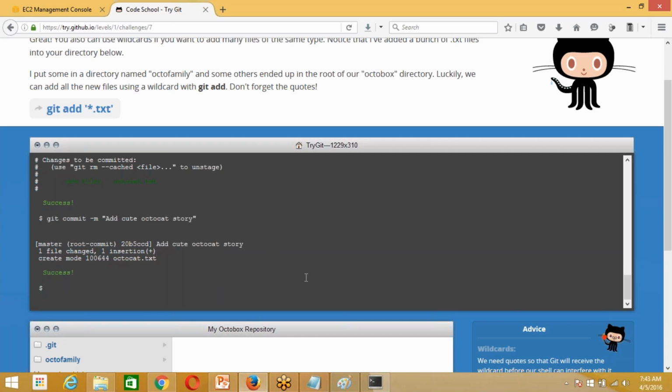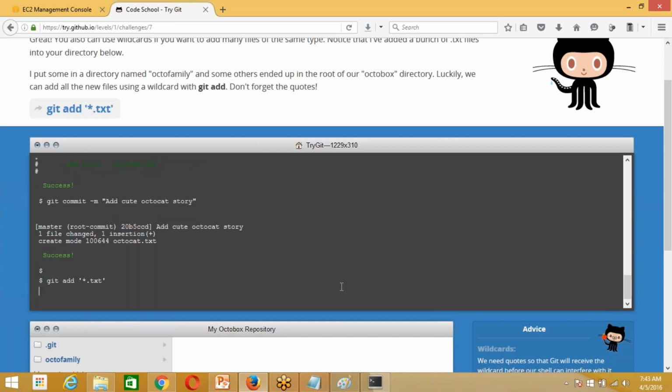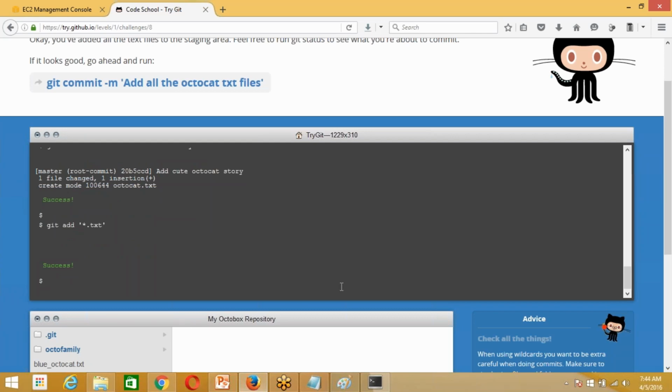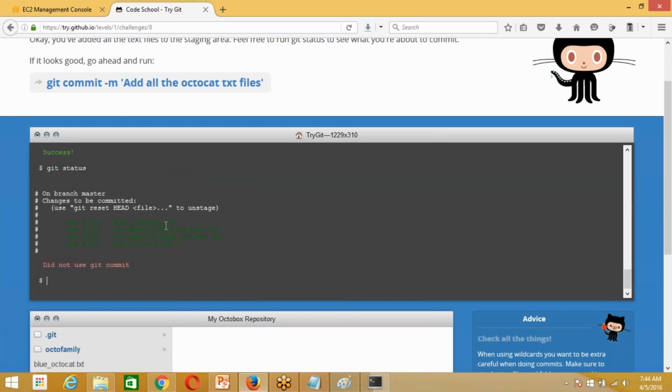Now the next command you can try. Now if you say git status, we have a few more files that have been updated, and we can also do a git commit.